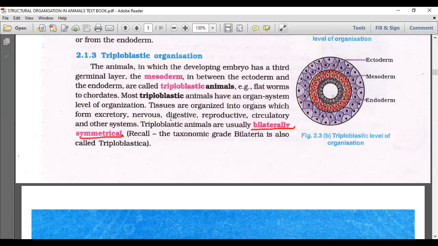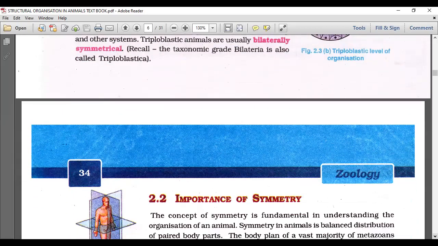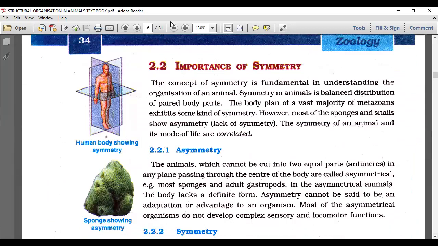Recall that the taxonomic grade Bilateria is also called Triploblastica. We just recalled it now. So that's it about the triploblastic organization. Based on the germ layers, we classify animals as diploblastic and triploblastic. Okay. Then